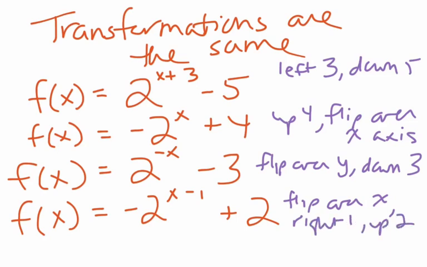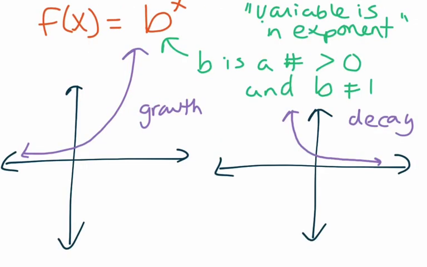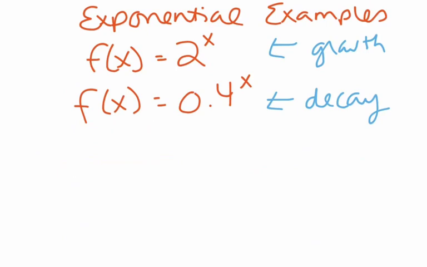So everything that you've learned before with your transformations holds true. It can actually be really hard to see the transformations. You can see the flips pretty easily, but there's also some weird stuff with exponentials where your flips kind of replicate each other. For example, making the base less than 1, in other words taking the reciprocal of the base, is the same thing as flipping it over the y-axis, because you can play around with